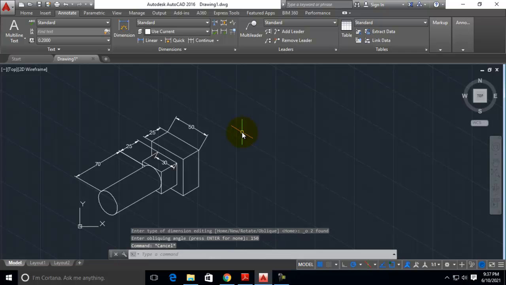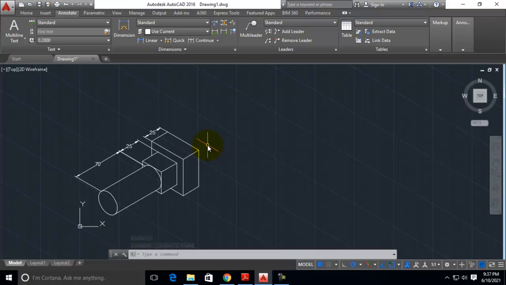It's not changing. Actually you have to change the plane first. It has to be shown in the top plane, so press F5. Actually this will be better.